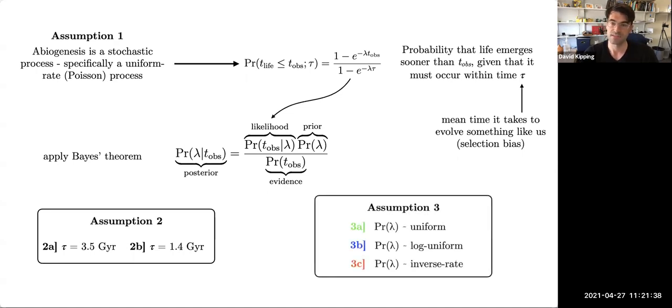The third assumption is the prior. Anyone who knows anything about Bayesian statistics knows that priors are the bane of our lives, and priors here are particularly painful in terms of their impact on the robustness of the results. They chose 3 priors: uniform, log uniform, inverse rate. Seems pretty plausible, what most of us do when we don't know much else.